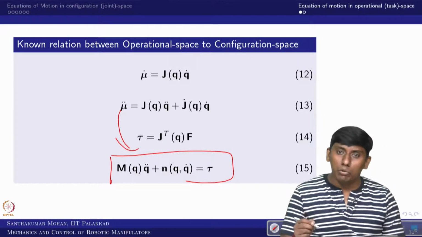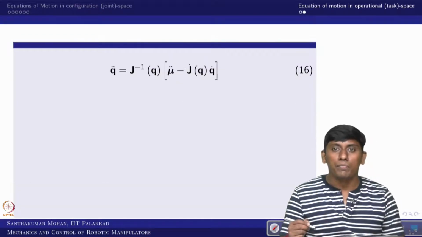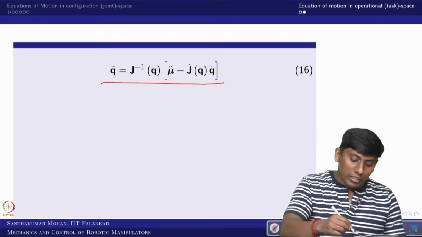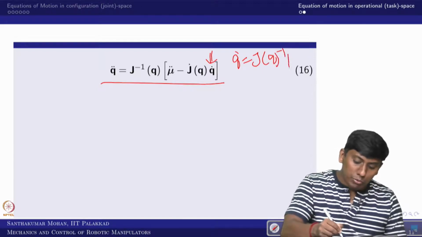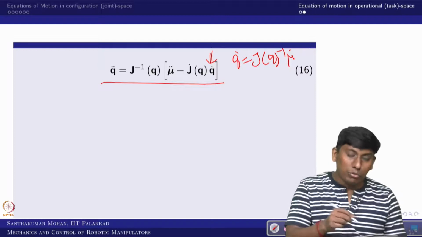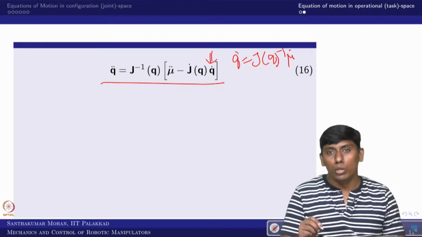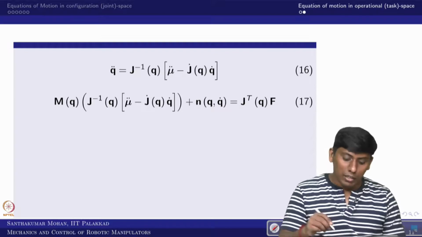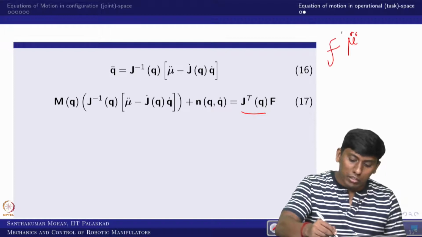I am not going to take a more detailed equation; I am taking a very simple equation which is easy for me to derive. I have written the q double dot in the form of mu double dot. Even here I bring q dot as J of q inverse into mu dot. Then you can see that the q double dot is in the form of mu double dot and mu dot. Right now I want to write it in mu double dot form, so in that sense I can write this equation like this.